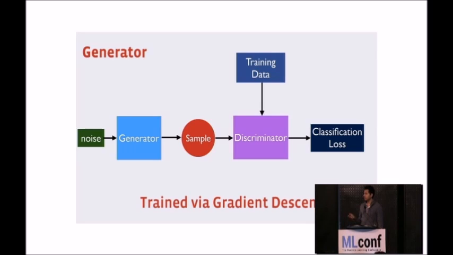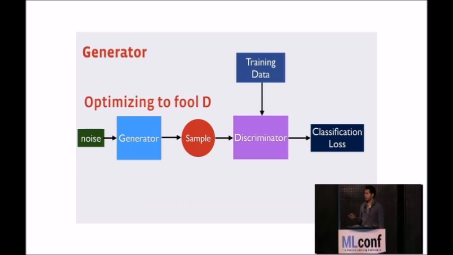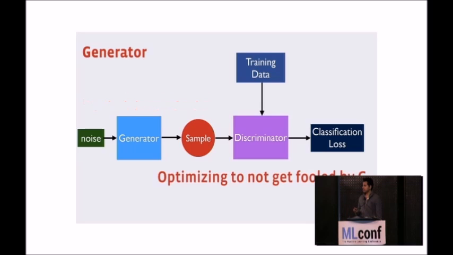And the way you train them is that when you're trying to optimize the generator, you optimize the generator to fool the discriminator. That is, the generator has to generate a sample that the discriminator can't tell between real and fake. That's basically what it's optimizing for. And when you're optimizing the discriminator, you're basically saying, well, don't get fooled by the generator. Try to optimize yourself to tell real samples from fake samples. This is a very, very intuitive